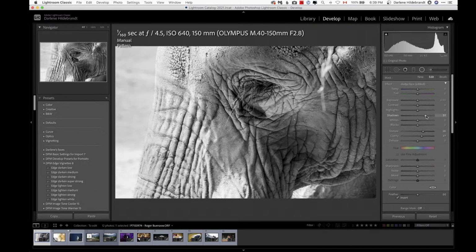Okay, versus look what happens when I do it with the white slider. Okay, and I'm just clicking on here as opposed to dragging the slider. And exposure, okay, oops, too much. Okay, so when I do it with the whites and the exposure, you can see that I still am keeping the texture of the skin, right? I'm not flattening it. Now if I want to bring it down a little more, we can do that in this area. Okay, so make sure it's blended, and I'm really now bringing attention to that eye. And I could also drag in